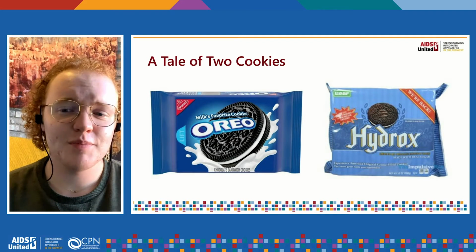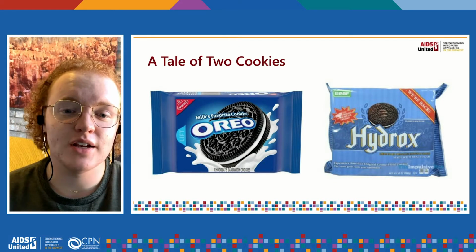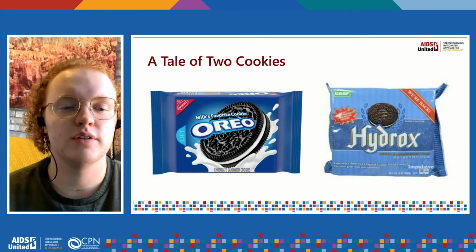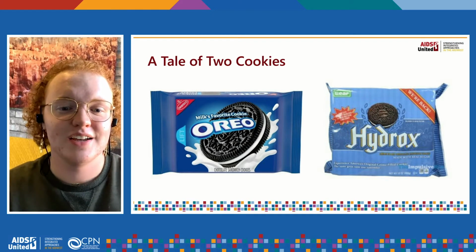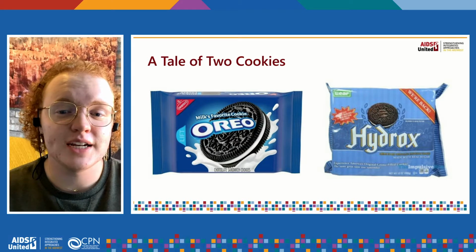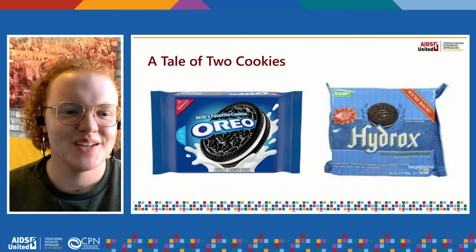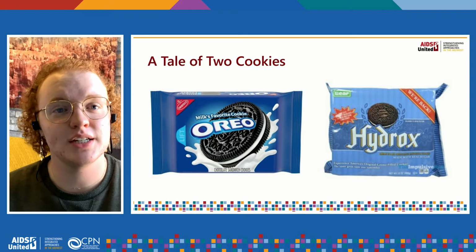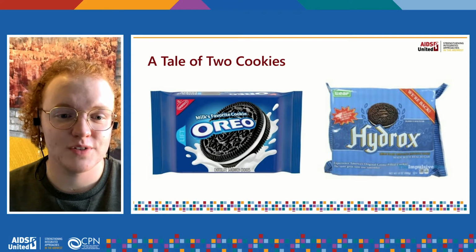So what a lot of people don't know is that Oreos, which is the one you see on the left here, are actually a knockoff brand. So Hydrox cookies first came into play in 1908, and they were the first of this kind of cream-filled chocolate sandwich cookie. Oreos didn't show up until 1912. I like the comment that Hydrox are terrible. So despite being similar in construction and appearance, Hydrox ended up failing as a product. No one was buying them. They couldn't get them off the shelves.